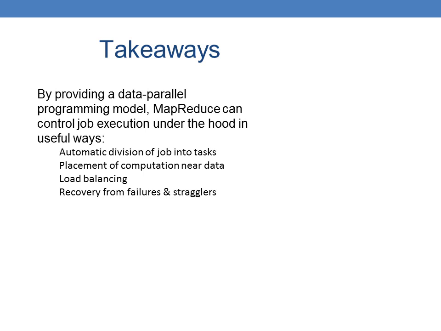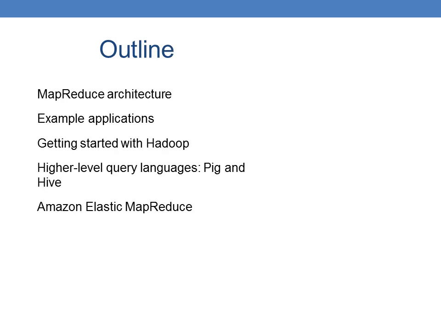So the takeaways: by providing a data parallel programming model, MapReduce can control job execution under the hood in useful ways. Automatic division of the job into tasks, placement of computation near data, load balancing, and recovery from failures and stragglers. Outline: MapReduce architecture, examples, applications, getting started with Hadoop, higher level query languages Pig and Hive, Amazon Elastic